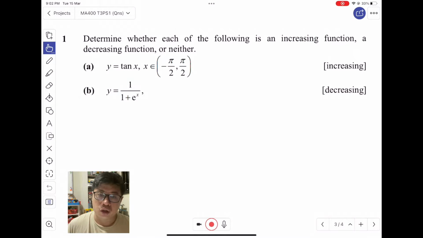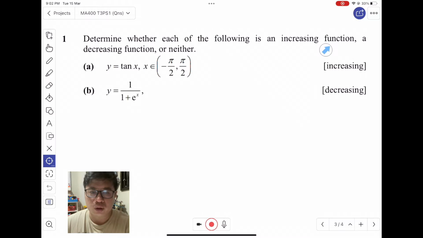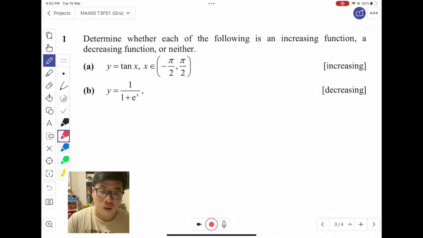Okay, so for this question, this is basically to check whether the following is an increasing or decreasing function. So what I want to do is we want to check the dy/dx, and we look at whether the dy/dx is positive or negative. So we know that when we are looking at increasing function or decreasing function, one of the things that we want to do is to look at the sign, or the positivity or negativity, of the dy/dx. Okay, so first let's look at y equals tangent x, and if we differentiate tangent x, so dy/dx